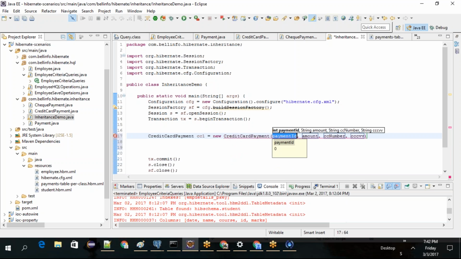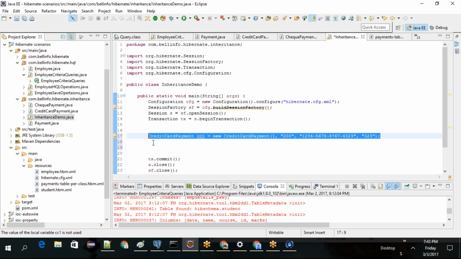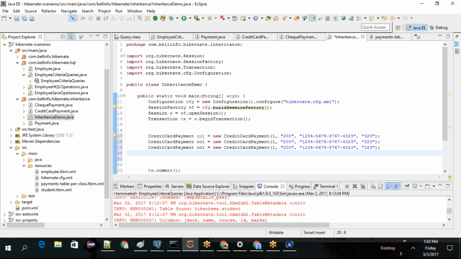credit card payment. You pass dummy values. Amount is, I'll call it 200. Credit card number is, let me say 1 2 3 4 5 6 7 8 7 8 4 6 4 3 2 4. Okay, CVV is 3 3 2. So this is one object created now. Second object, third object. Three objects of credit card I created,